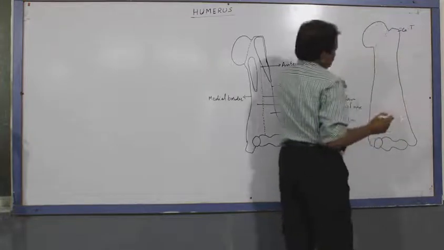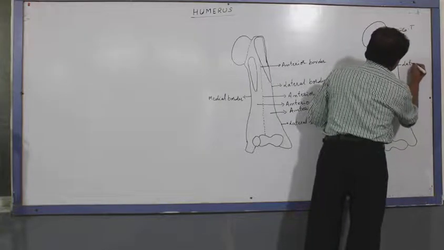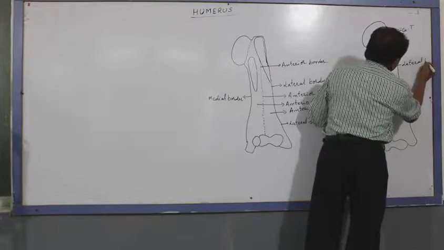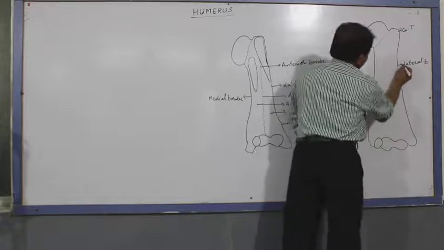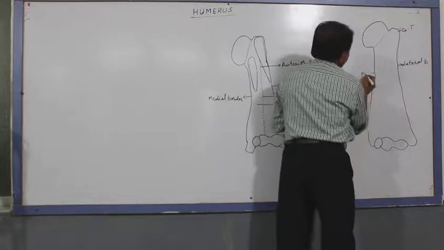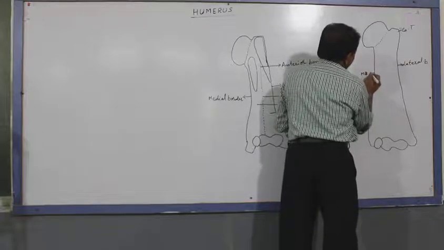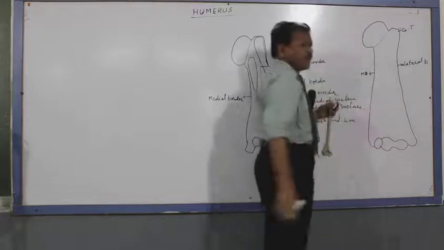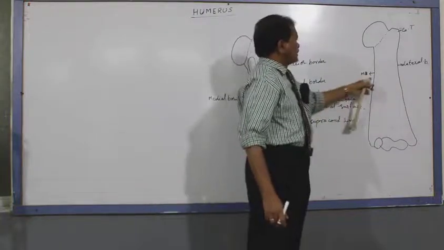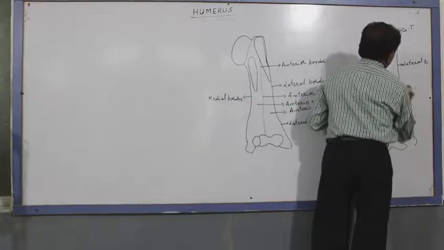This one is the lateral border. This one is the medial border. In between the lateral border and medial border there is a posterior surface, and this surface